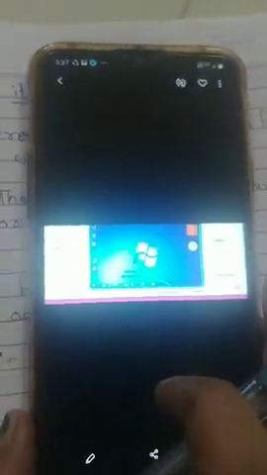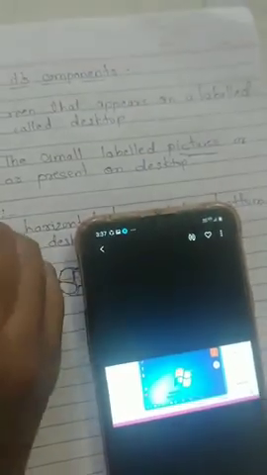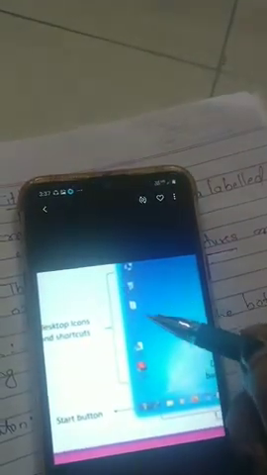The next one is icons. What is an icon? The small labeled pictures or symbols present on the desktop are known as icons. See, this is My Computer, and this is the Recycle Bin.